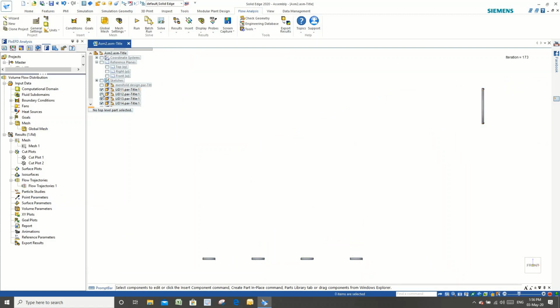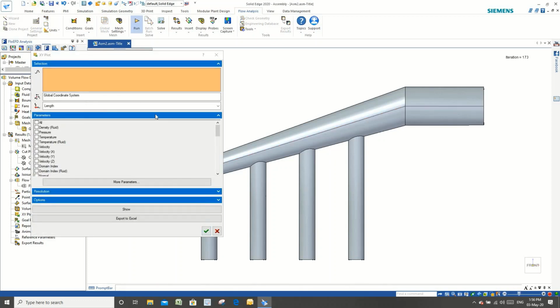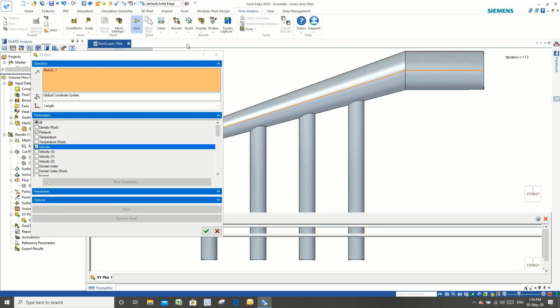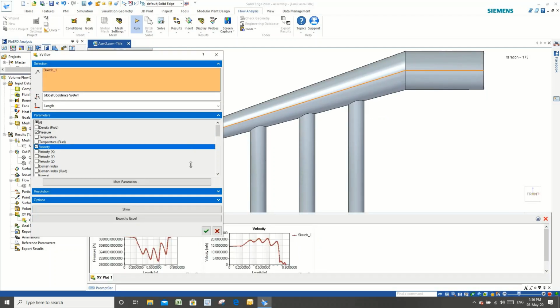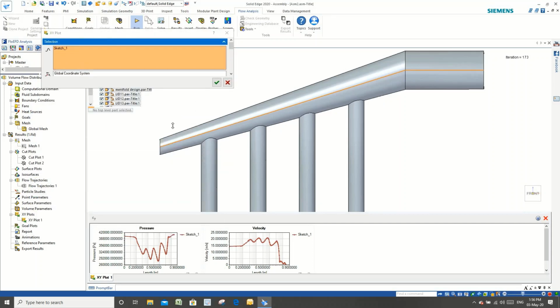Okay, so you have multiple options like that. Like I can create an xy plot, on a curve, showing how certain parameters like fluid flow or velocity are changing, and we can get an idea of how the values are changing in different zones. Okay, so you can make grids of sketches and you can make use of that also.